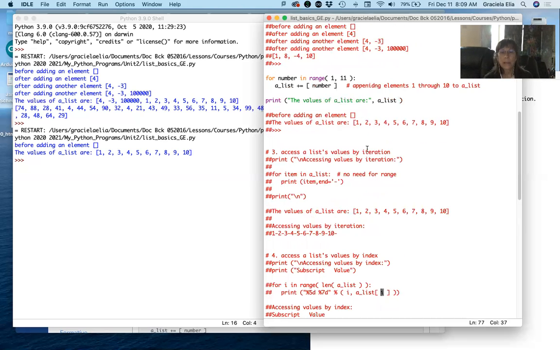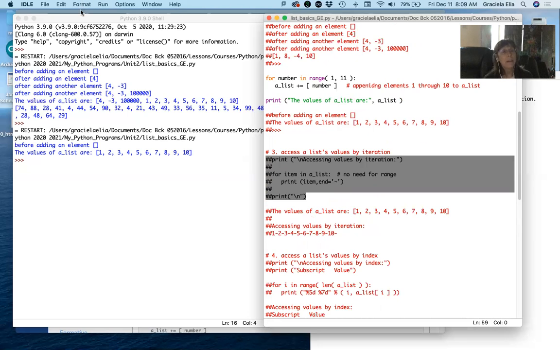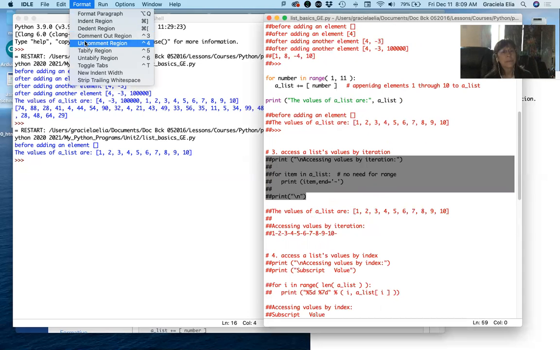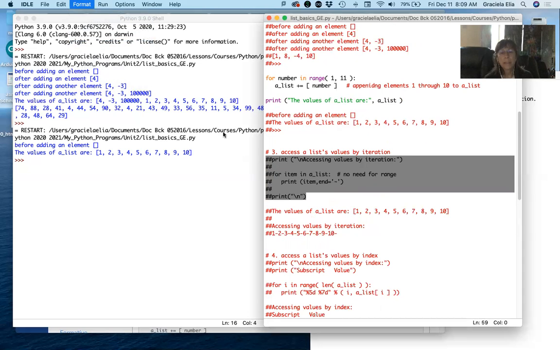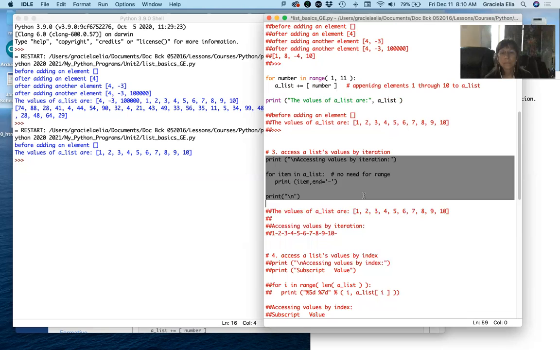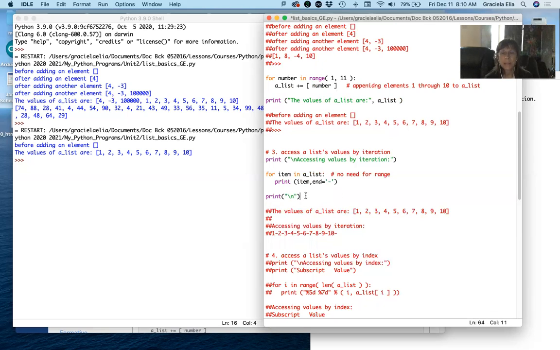So let's first go back to the iteration. I'm going to keep this over here because we need it, and I'm going to comment out this part over here. And I'm going to uncomment it. And so here's the actual syntax. The instructions, commands,